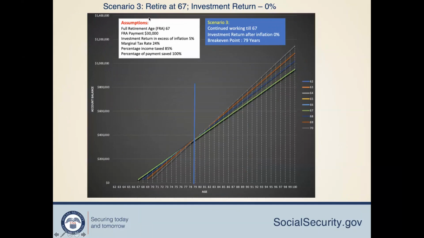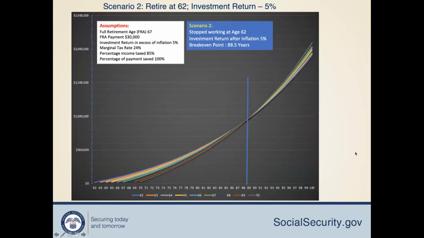In this use case, I didn't understand why you're getting only $3,000. What do you do with the investment of the 3,000? What is the interest you're getting? I'm not clear on that. 5%. Like on the 3,000 that you took? Yeah, 3,000 per month, so this is 30,000 per year, right? Full retirement age. So if you retire at 62, you'll get less, right? You'll get only 75% of that.